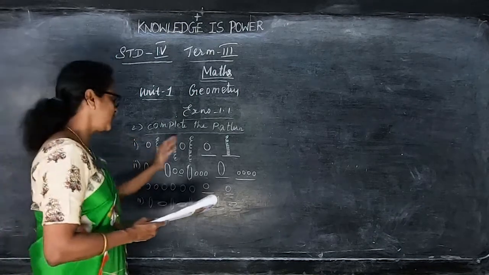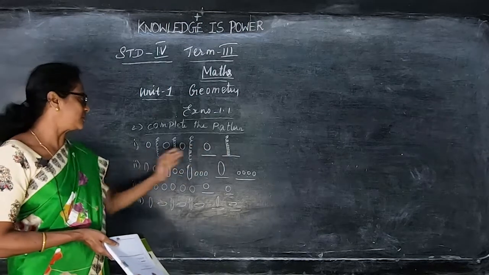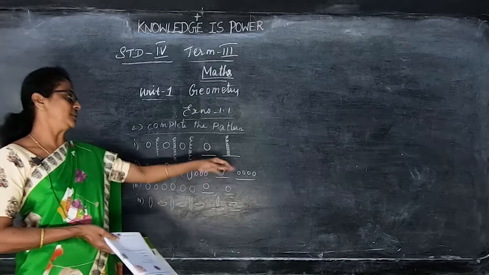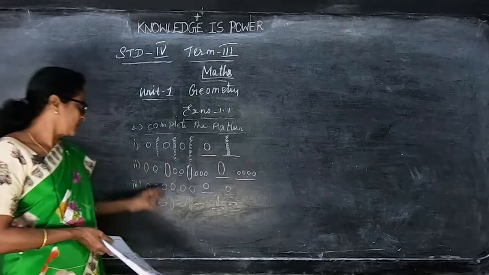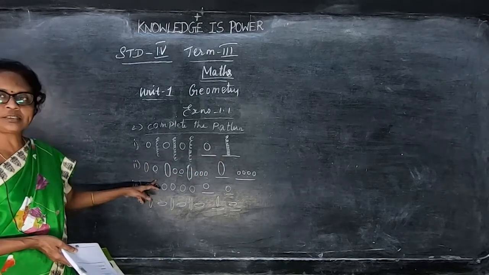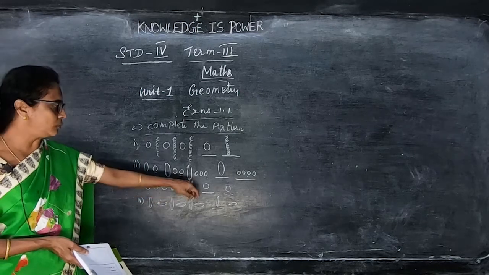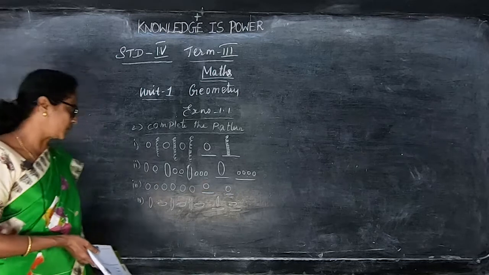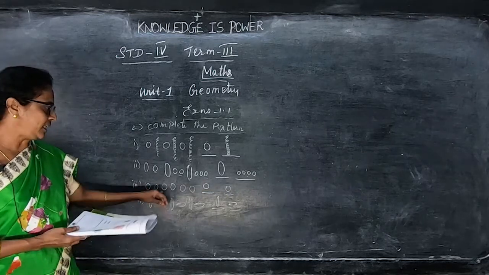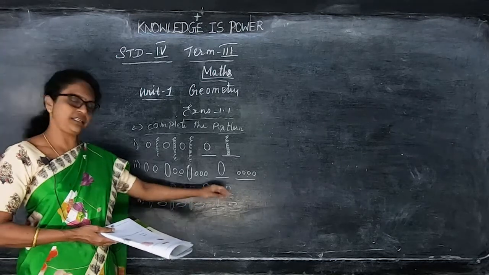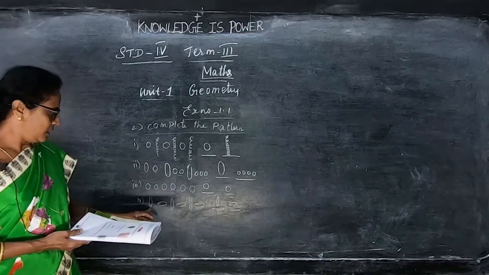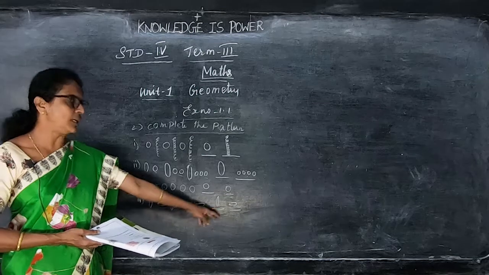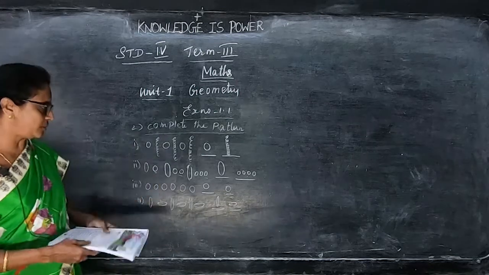So what picture they have given, next now circle and spiral, circle spiral, circle spiral. So in the dash, circle spiral, and here oval shape one circle, oval shape two circles, oval shape three circles. Next dash, oval shape four circles. Then green, red, green, red, green, red. So green and red. And here violet, yellow, violet, yellow, violet yellow. So what color is not there, you can put it.